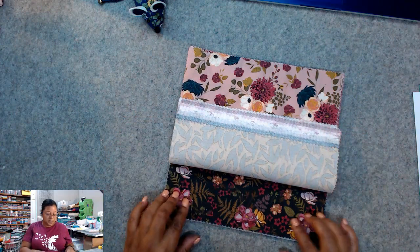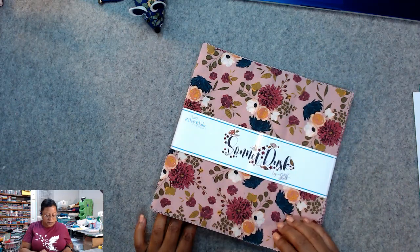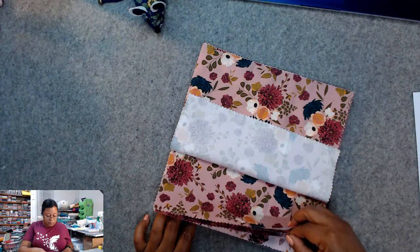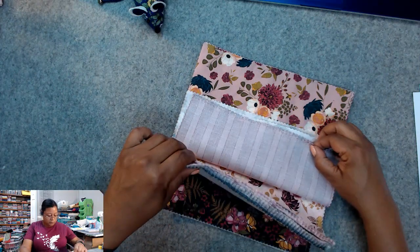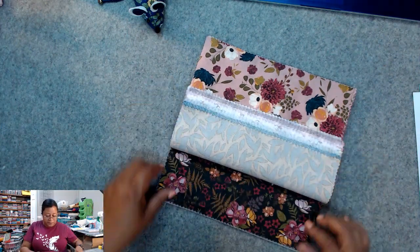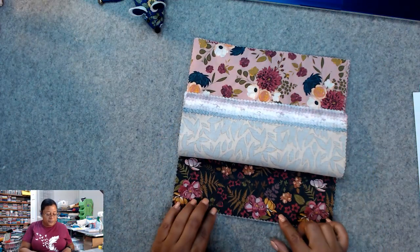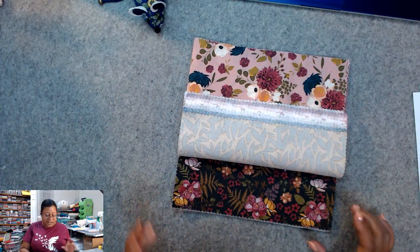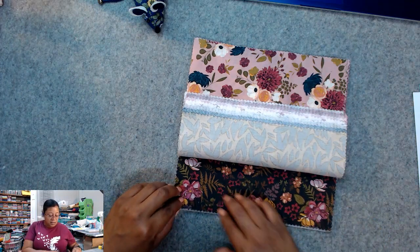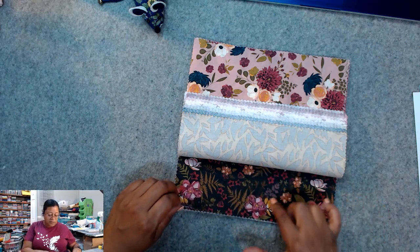Love this print. This is the same as this print, but just in, actually not this one. It's the same as this one. I don't know. Apparently I'm lying because the flowers are different. But there's a similar print in here, but this is definitely my favorite print. If I could have a bolt of any print in the line, it would be this one. I just love these pinks and reds on this kind of black background,